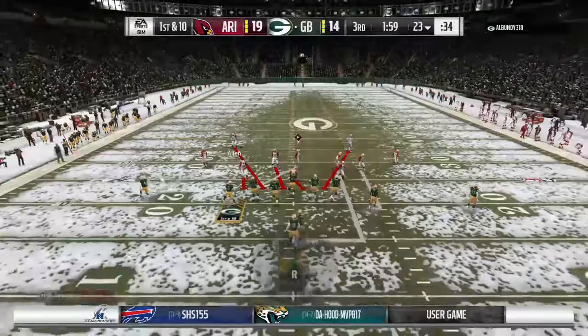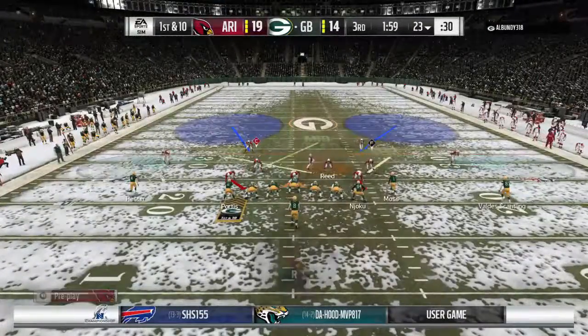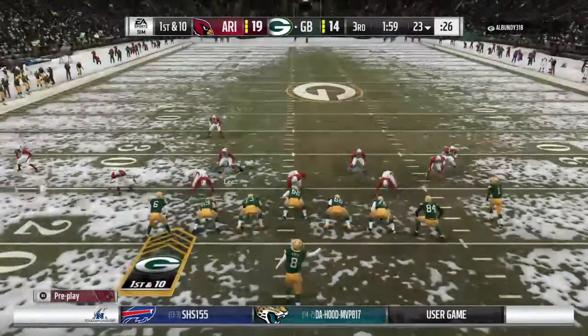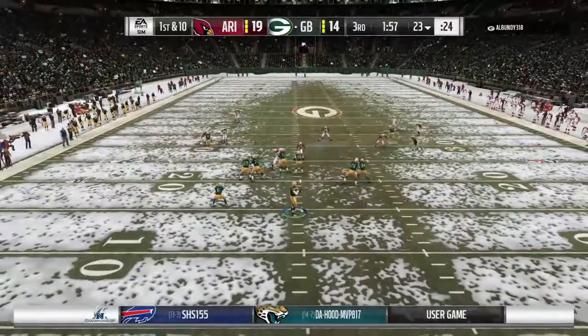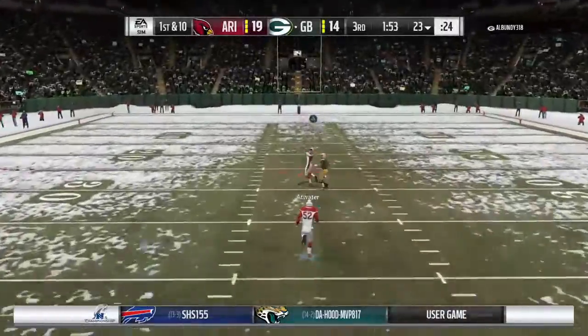And following the interception, just any interception, are you a little bit more cautious when you start that next drive, or no, you just throw that out the window? I think you are. I don't think there's any way you can run back out there and go, totally didn't affect me. Let's just go ahead and be loose with the football again. You're going to take care of it, but you have to be careful about being too...